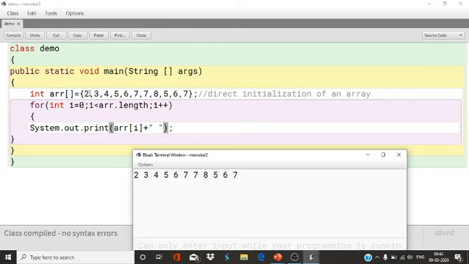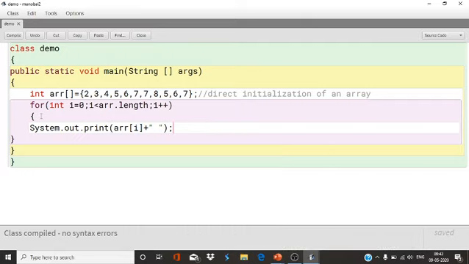See, this is multiple values we have stored in an array. Suppose this many values are there, that many variables would be required if the array were not there. But in an array, we store multiple values, and all the values we can print like this. See here, 2, 3, 4, all the values you can match from here. Why? Due to the help of the length property of an array.